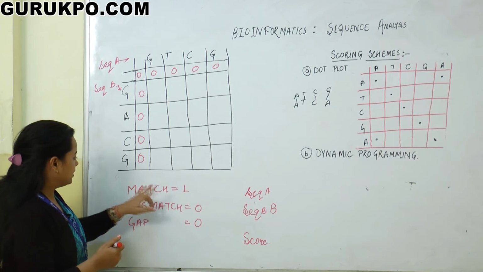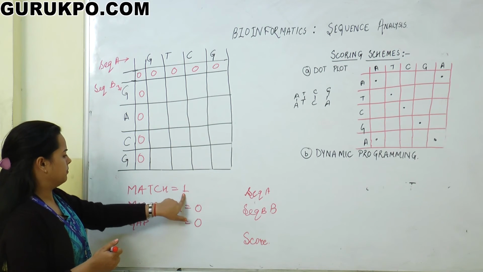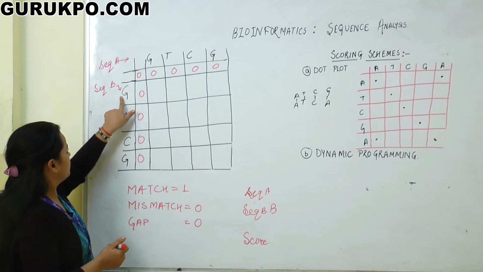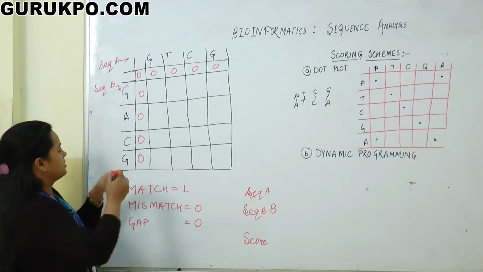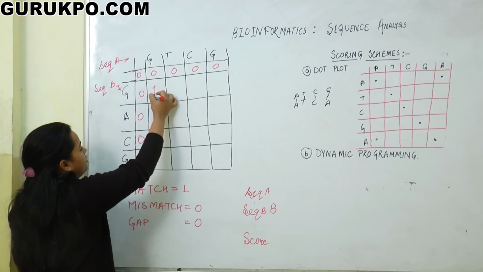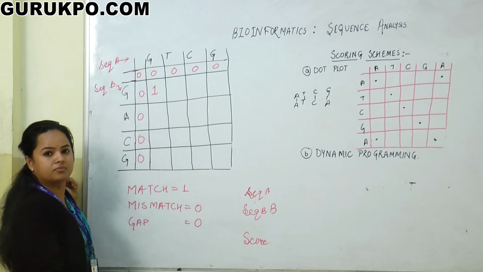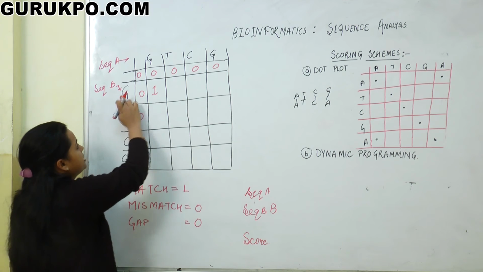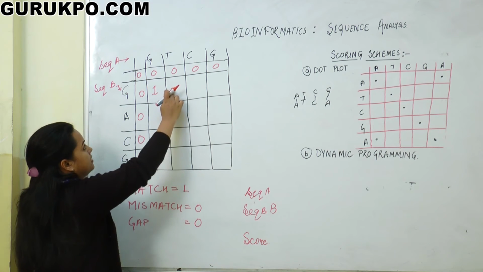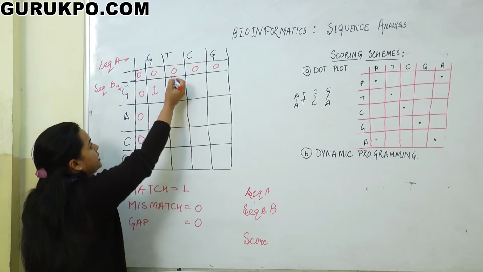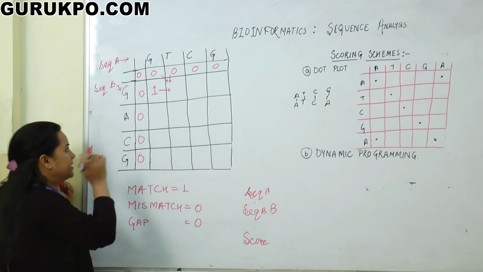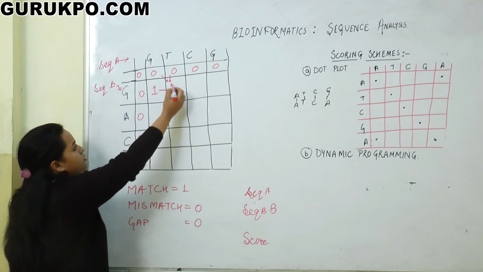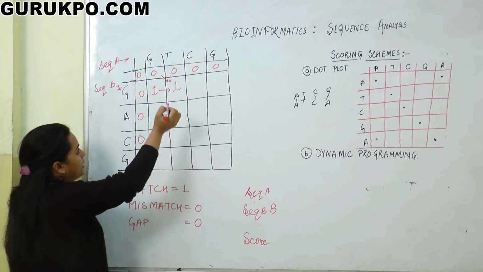As we have given that we will give 1 mark for a match, therefore, for filling up this column, G and G is a match. We will mark it by 1 as it satisfies this condition. G and T are not matching, but the rule is we have to fill the maximum score from all these columns. Which is the maximum? We will automatically fill the matrix. 1 is the highest score, so we will write 1 here.